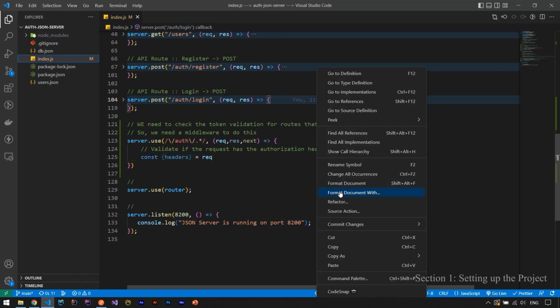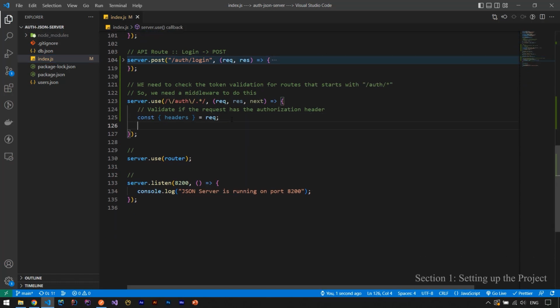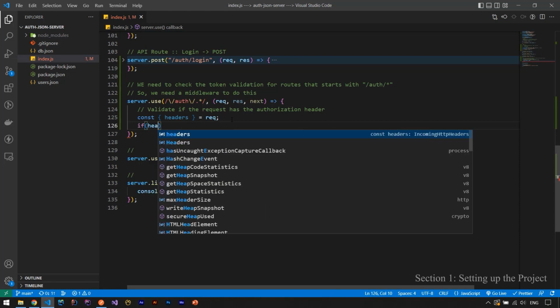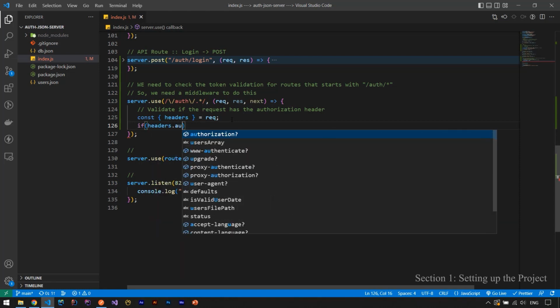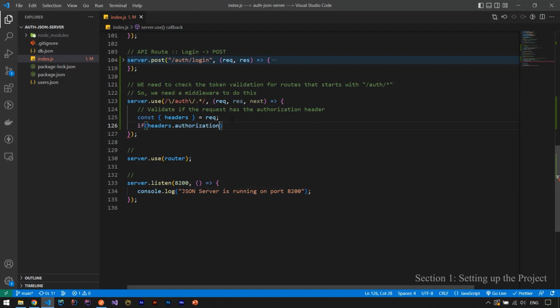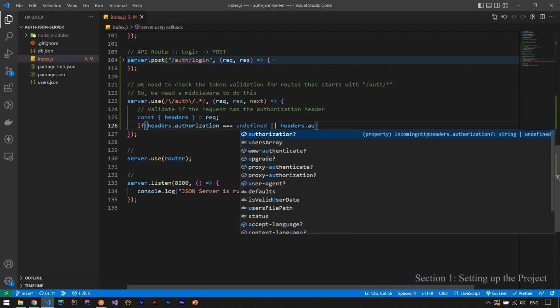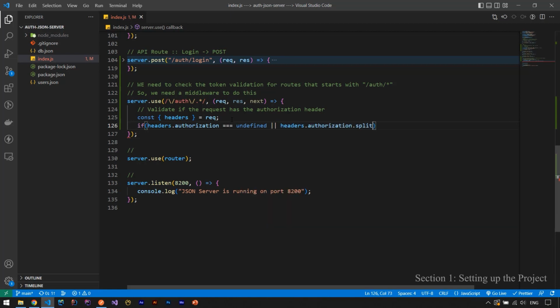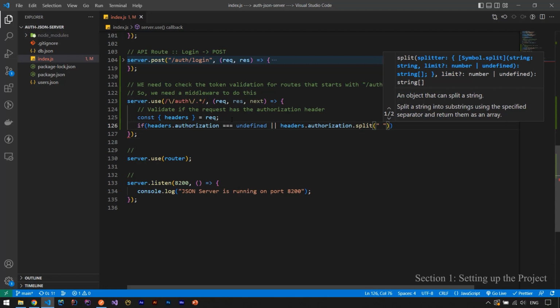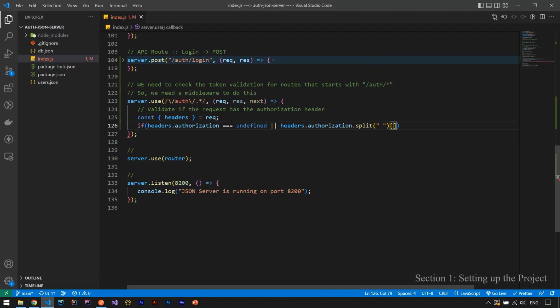Let's format the document. Okay, after this we check that if we have headers.authorization is not undefined, or the headers.authorization split with a space, and after that the first part of it is not equal to bearer,